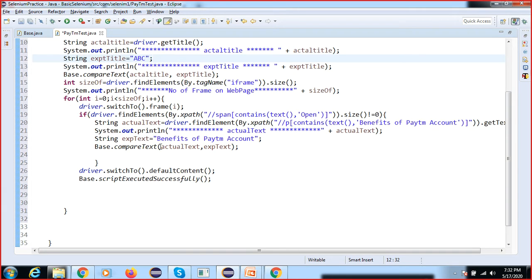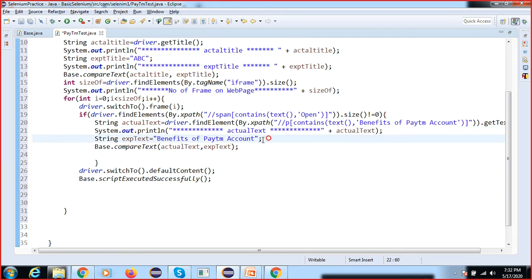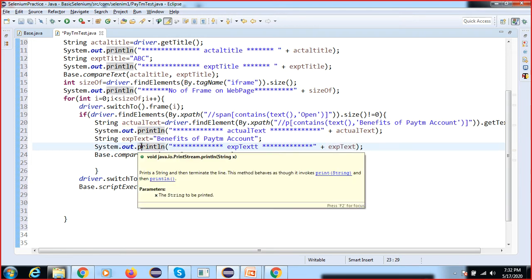So this is also displayed, and here I want to display this one also, so I can see on the console if something went wrong, right? How to see whether the value is coming correct or not. That is one way, but you can create one more method. You should not type system dot out again; simply call the method display message.